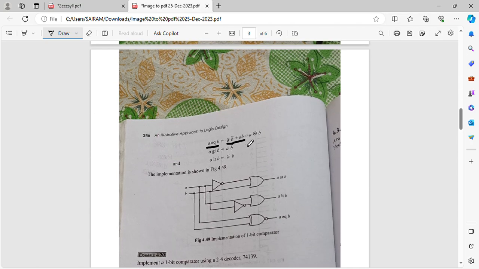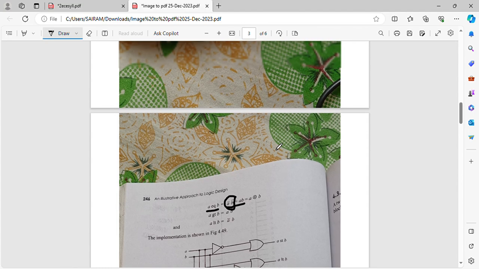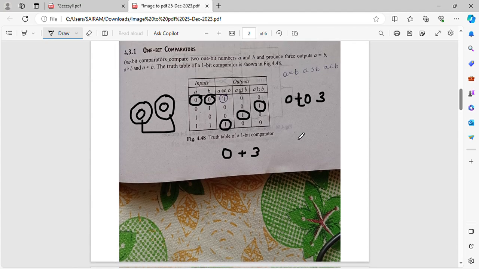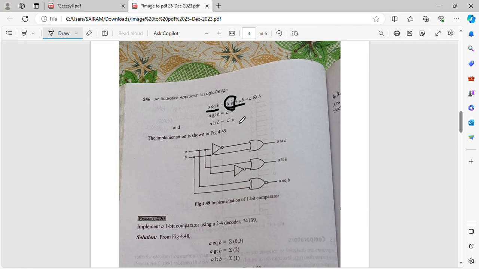So here you can see that if you write it in terms of A and B, it is nothing but A bar B bar plus AB. How A bar B bar plus AB? You know that A bar is equal to 0 and A is equal to 1 for the case of SOP. So as we're considering the SOP equation, 0 0 is nothing but A bar B bar, and 1 1 is nothing but AB, right? For 0 it is bar and for 1 it is A, B, C is like that, right? So now here you can see that it is A XOR B. I told you, right? This will be my A XOR B, right?